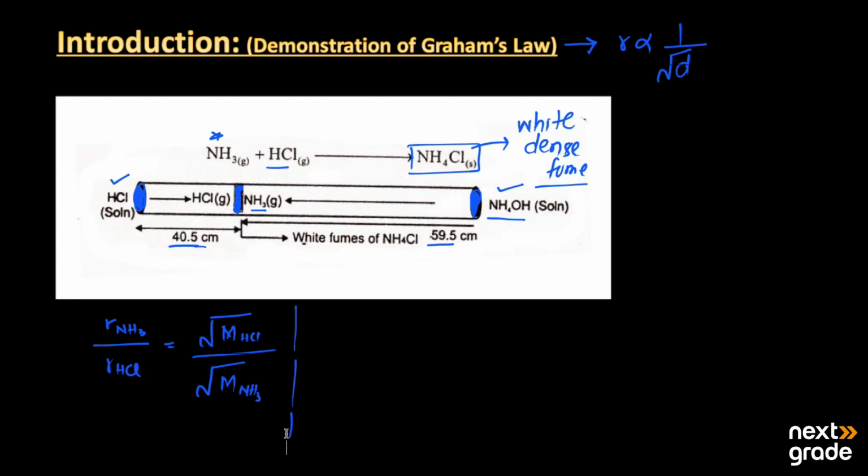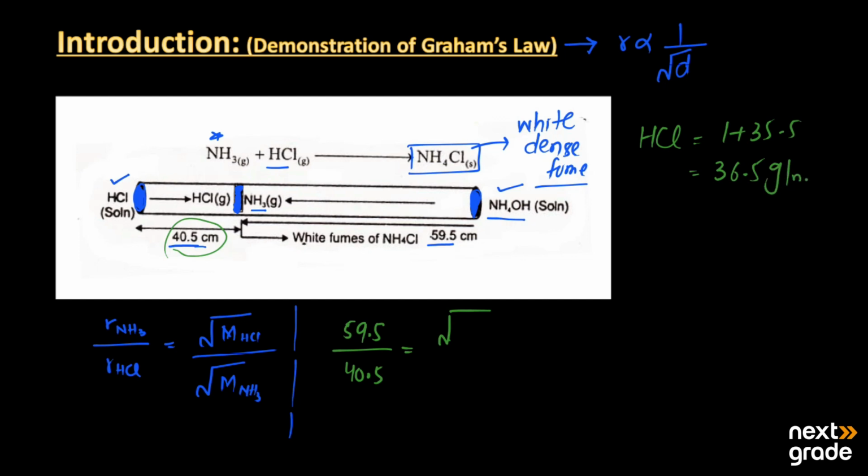The rate of diffusion of ammonia is 59.5 centimeters, divided by the rate of diffusion of HCl, which is 40.5, is equal to, next, the molar mass of HCl. HCl is 1 plus 35.5, which is 36.5 grams per mole. So we have 36.5 divided by the molar mass of